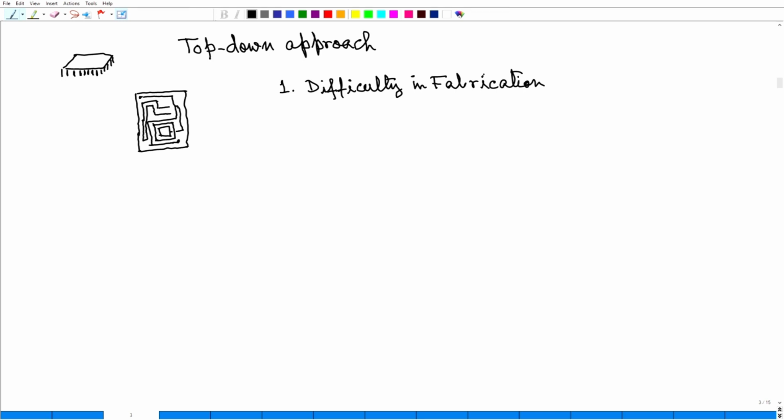There will be difficulty in fabrication, that is one point as we go down. Number 2,